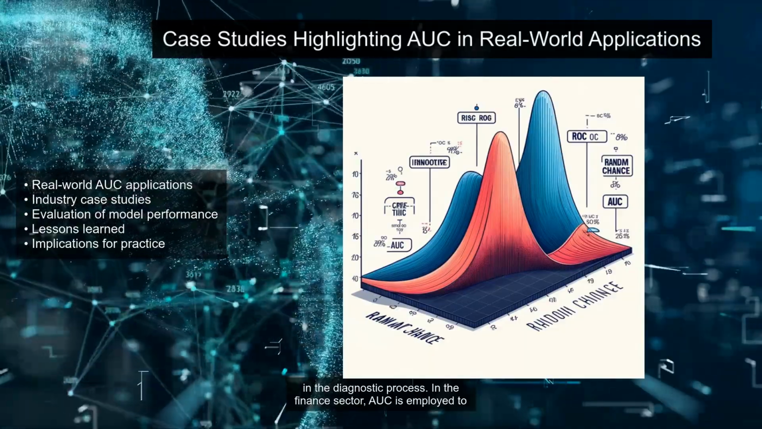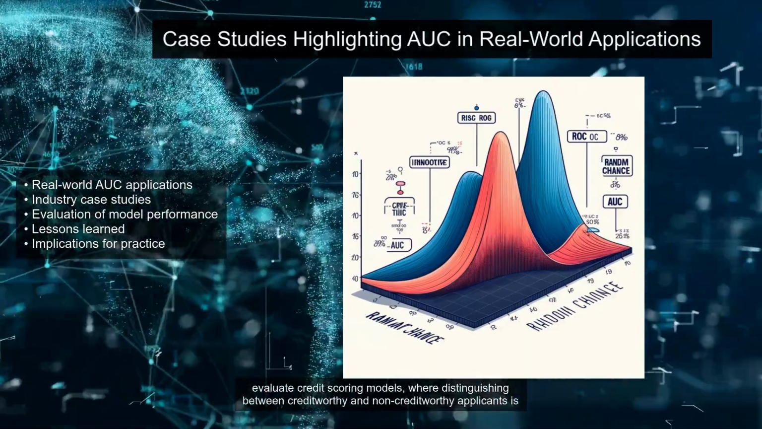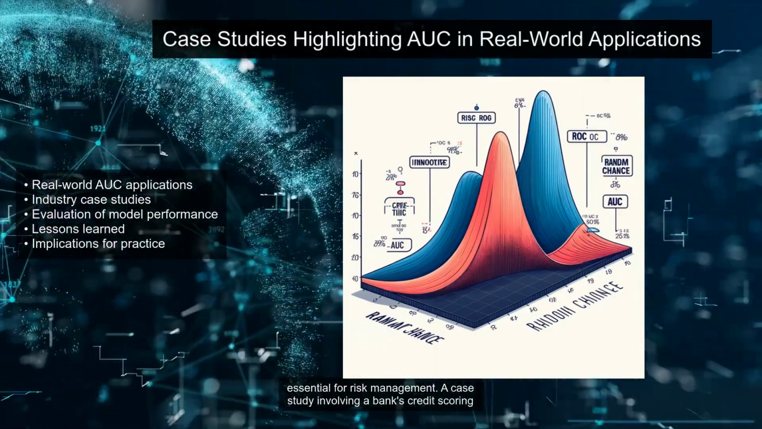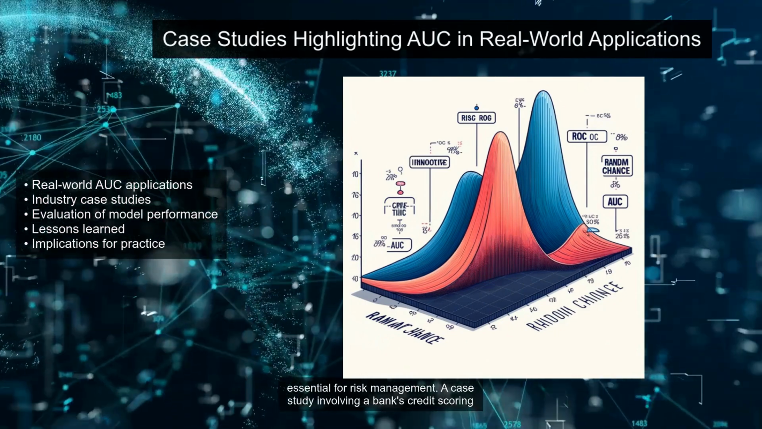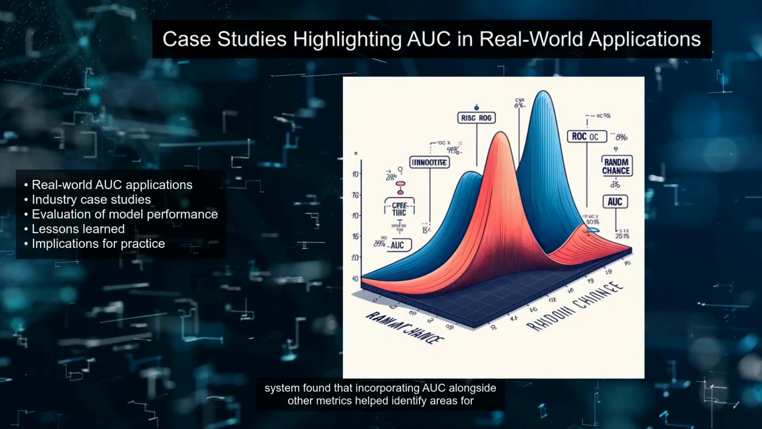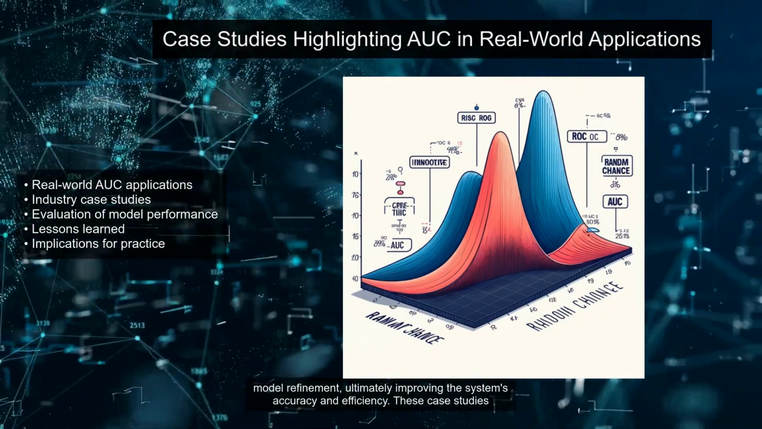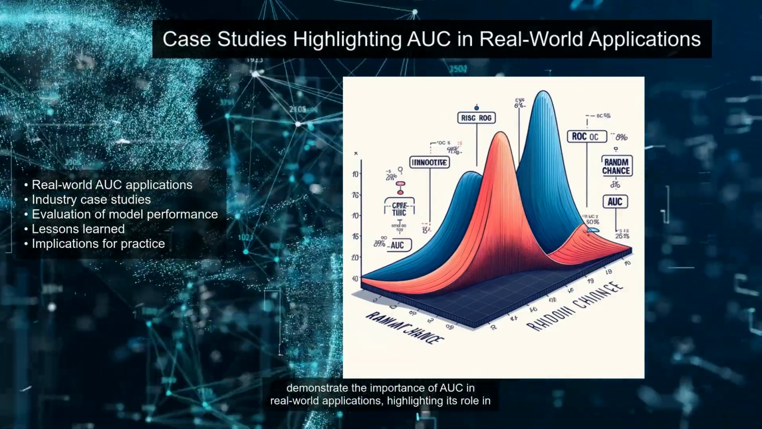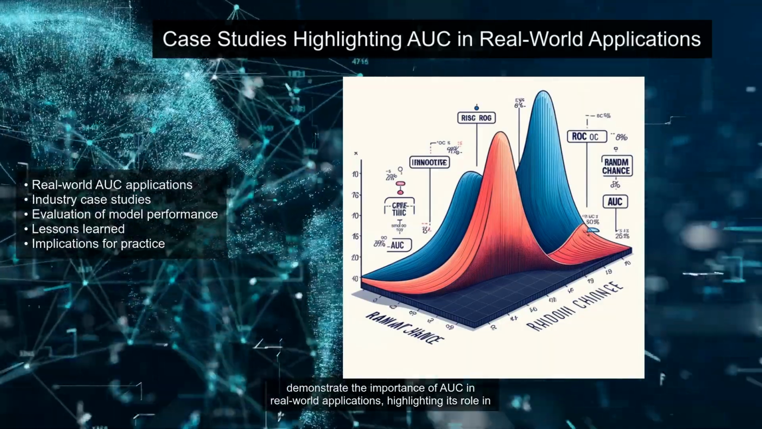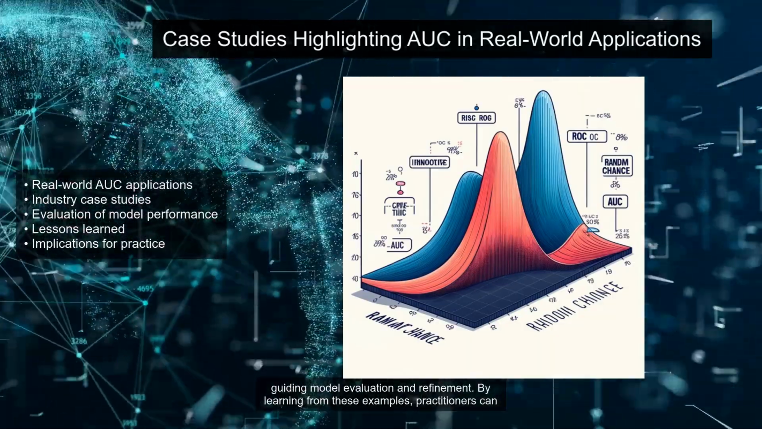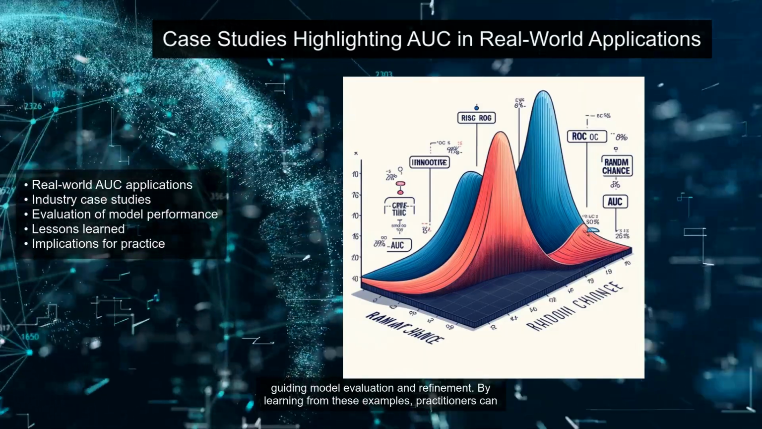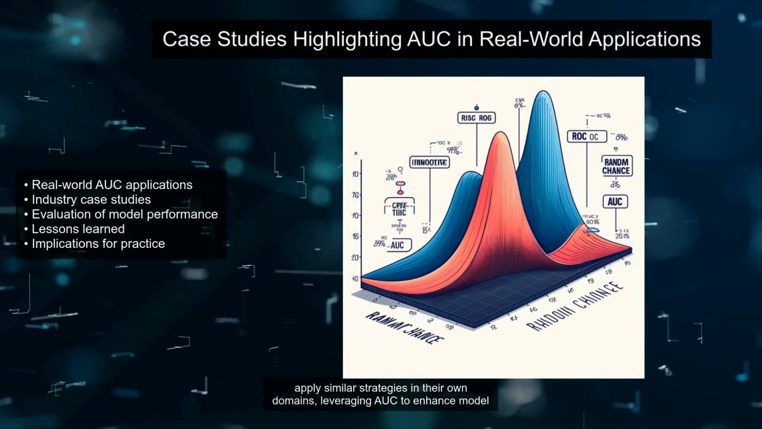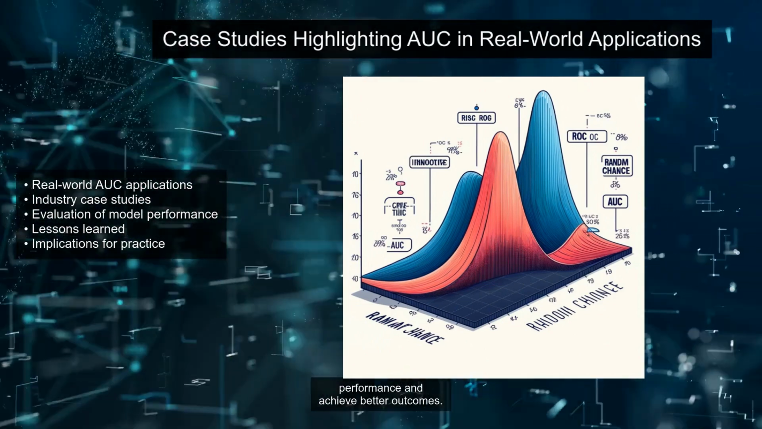In the finance sector, AUC is employed to evaluate credit scoring models, where distinguishing between creditworthy and non-creditworthy applicants is essential for risk management. A case study involving a bank's credit scoring system found that incorporating AUC alongside other metrics helped identify areas for model refinement, ultimately improving the system's accuracy and efficiency. These case studies demonstrate the importance of AUC in real-world applications, highlighting its role in guiding model evaluation and refinement. By learning from these examples, practitioners can apply similar strategies in their own domains, leveraging AUC to enhance model performance